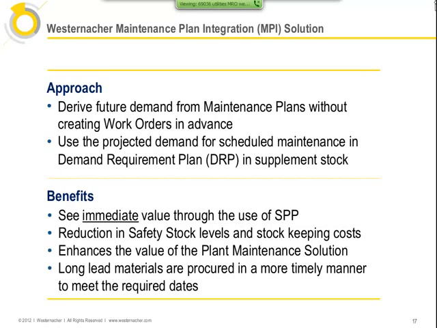So some of the benefits that we can derive from this is, first of all, if you're already using service parts planning, here's an immediate benefit, because we can immediately turn this on and start showing you how we can reduce some of the safety stock levels. In general, over the long period, we should be able to reduce the safety stock levels and stock keeping costs of any maintenance items at the product location level. This also will enhance the value of the maintenance plan solution in ECC. If we can have better reliability with our maintenance materials and still keep it at reasonable cost, then we should have better reliability as far as our maintenance scheduling.